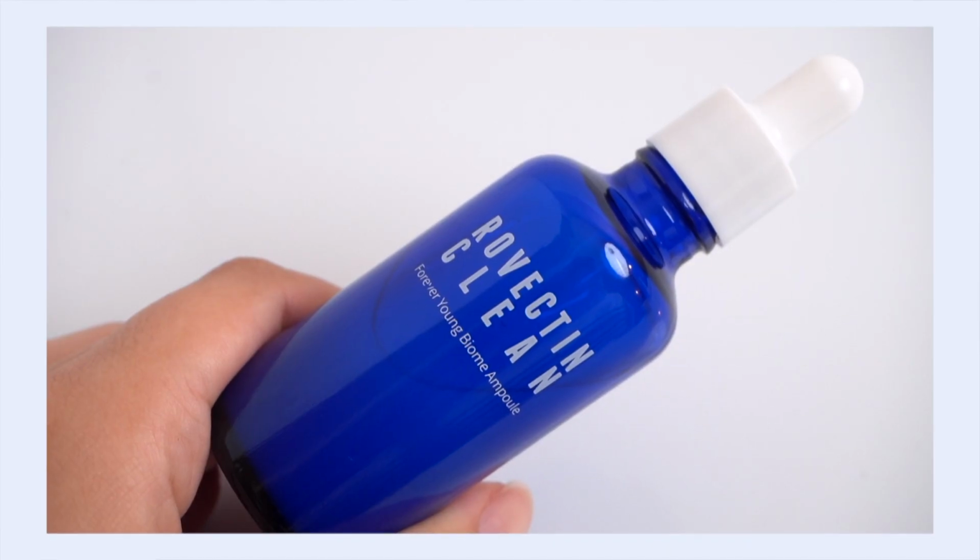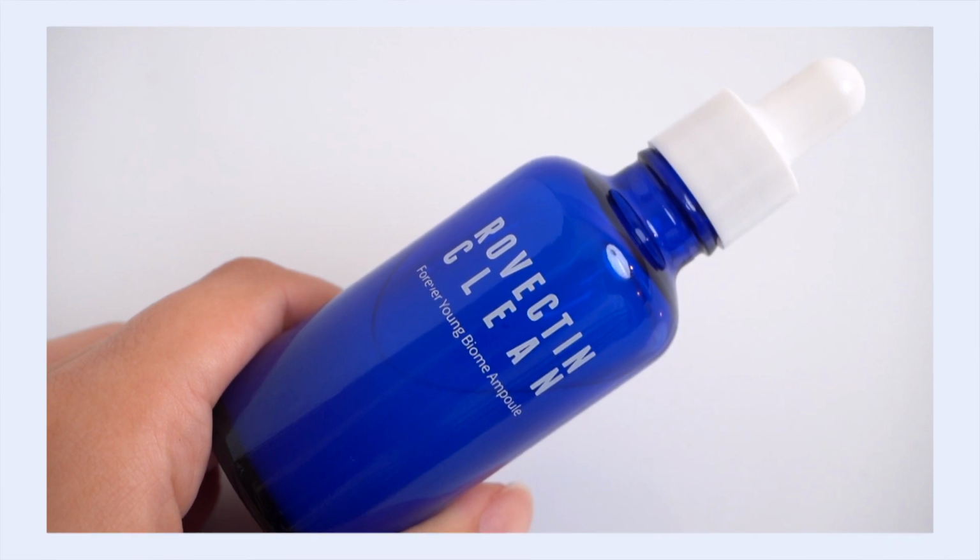So let's start with the Rovectin Forever Young Biome Ampoule. And this is going to fit into the skin strengthening category when it comes to serums. And that's a huge theme in my winter skincare routine, skin strengthening or even moisture barrier health. And that's pretty much true of all of my routines year round. But particularly in the winter, I keep my eye on this because when there's a major seasonal shift, so not just fall into winter, but sometimes even winter into spring, spring into summer, whenever there's a big shift, it can actually affect your skin. And so it's always a good idea to tune in and tap into your skin during those times